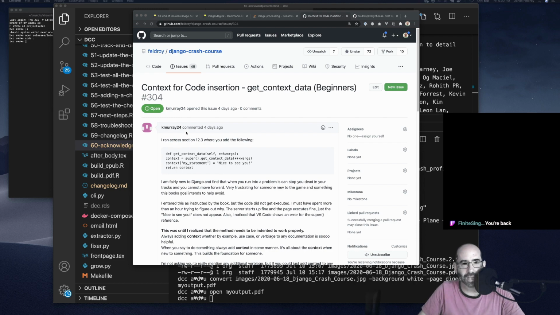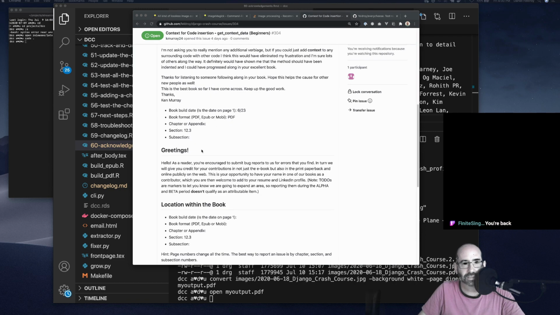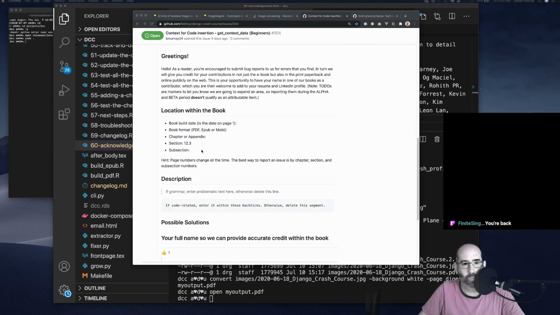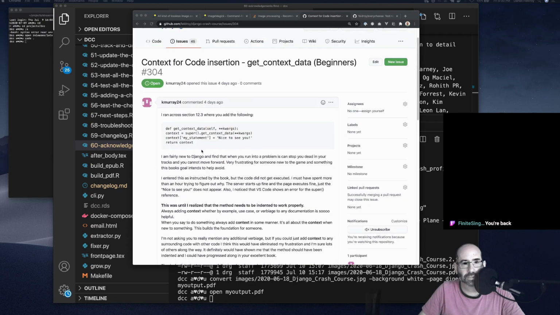Okay, so K Murray says, and this is Ken Murray, I'm fairly new to Django. A problem can stop you dead in your tracks and be very frustrating for someone new to the game, something this book's goal intends to help avoid. I entered this but the code did not get. I must have spent more than an hour trying to figure out why. The server starts up fine, the page executes fine. Just the nicety does not appear. Also notice VS Code shows an error for the super reference. Oh